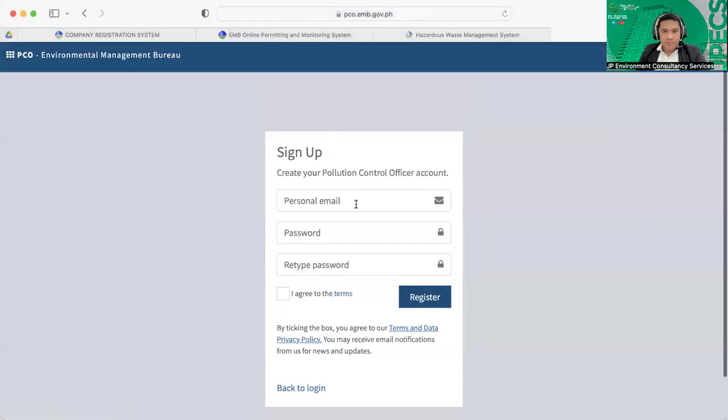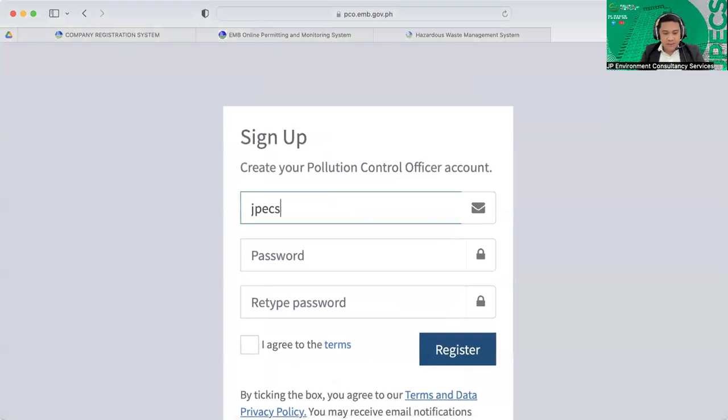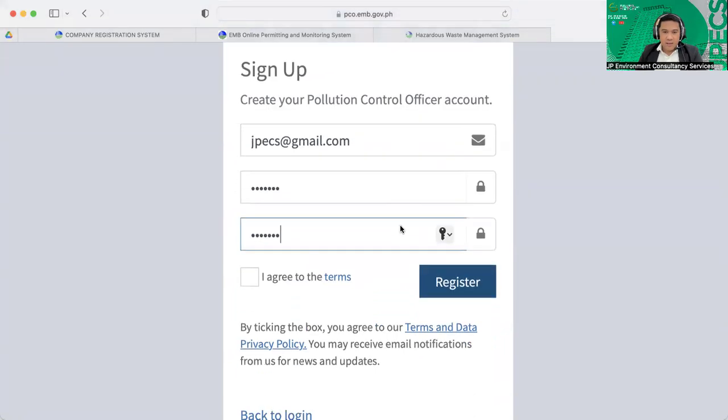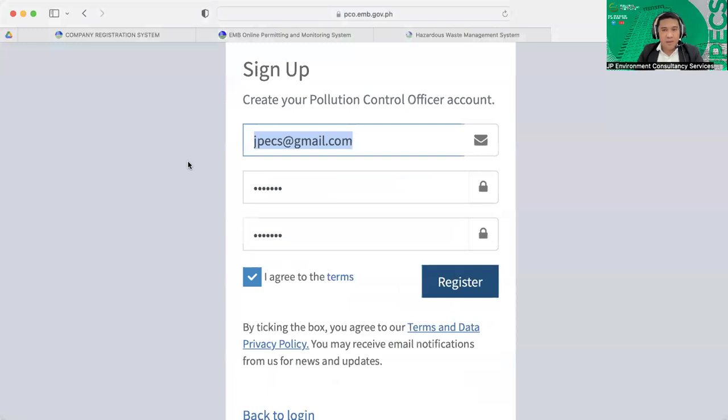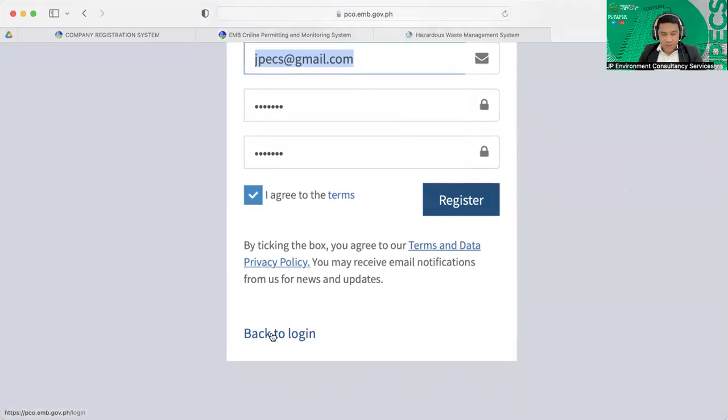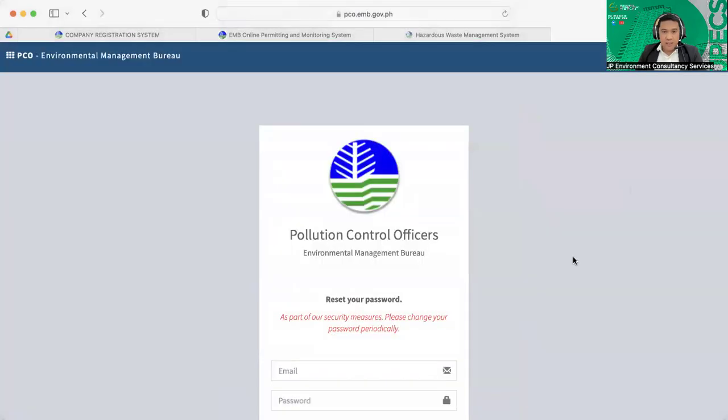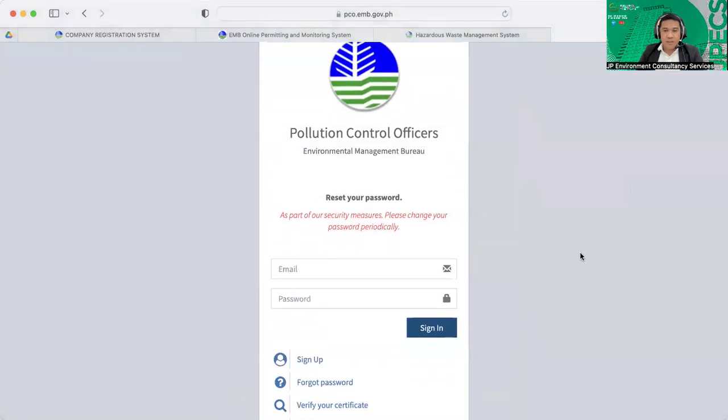So we provide personal email, for example, jpex@gmail.com, then password, retype password, and then tick I agree to the terms and then push this button register. And there will be a notification to our registered email to activate our account to the PCO accreditation system. So after successful registration, we can now log into the PCO online accreditation system.